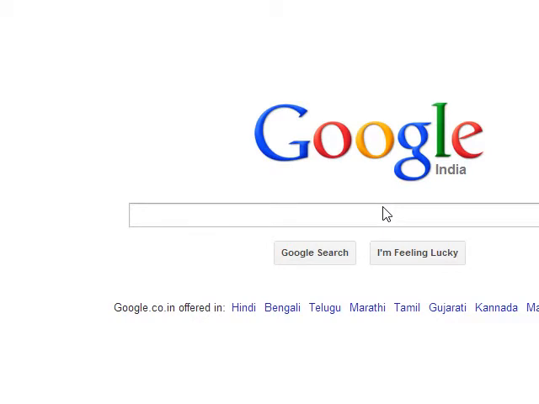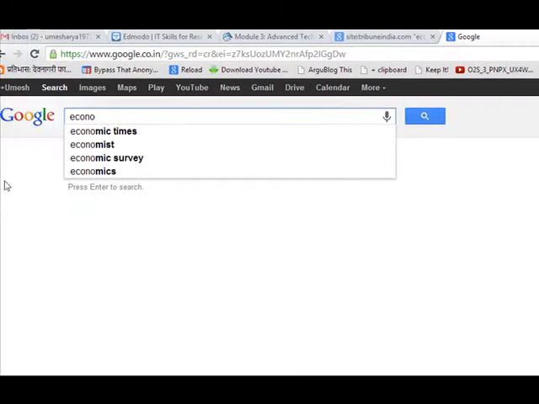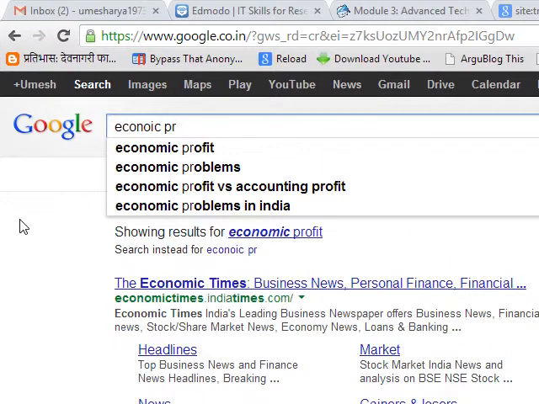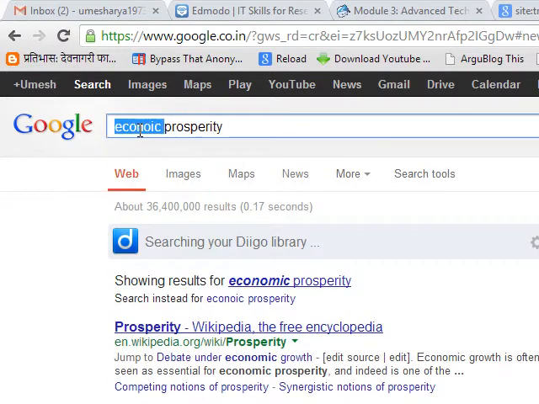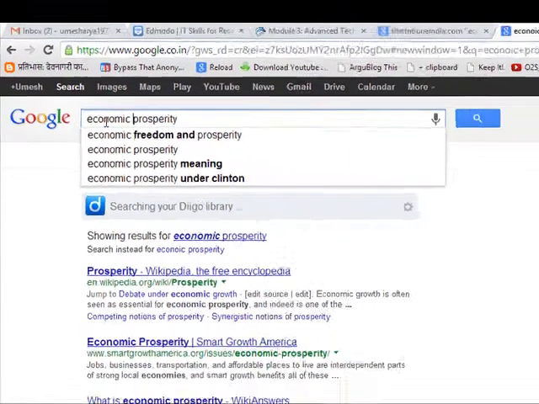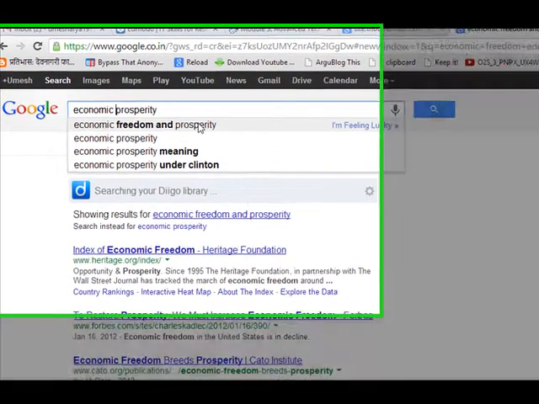Before searching any information on Google, let's take into consideration some basic points. Let's customize Google for this research. What I mean by that is, if I search economic prosperity, then you see Google automatically suggests me some results.